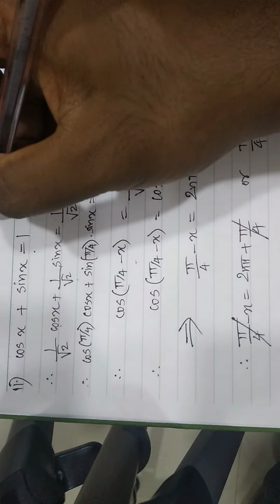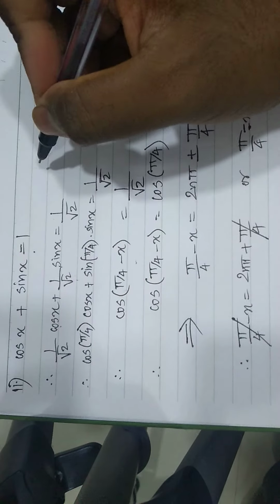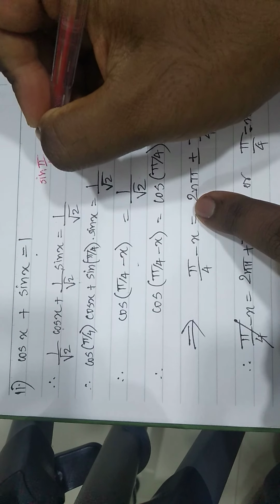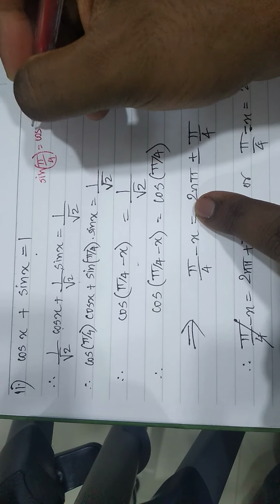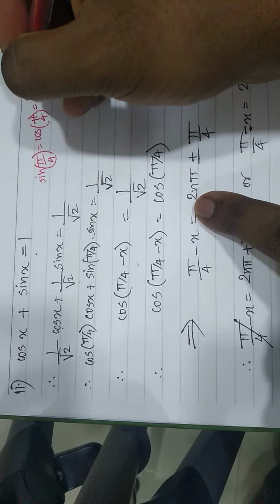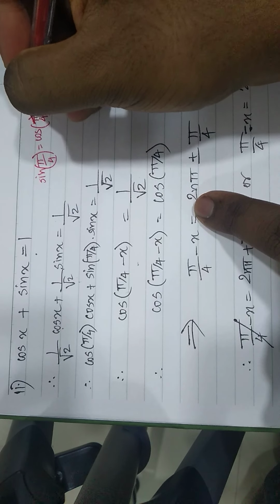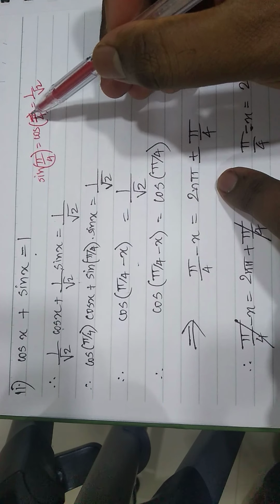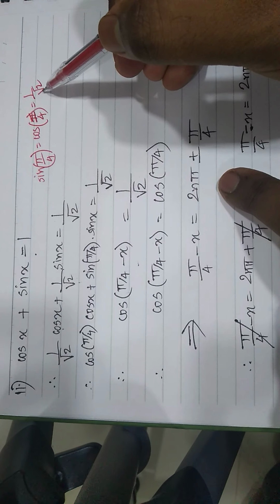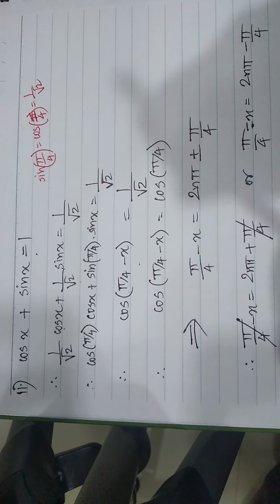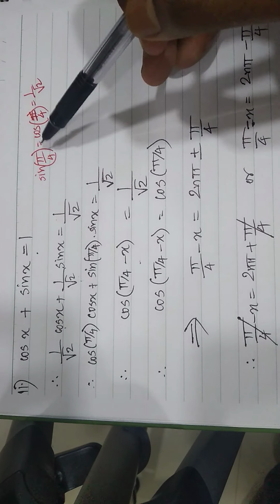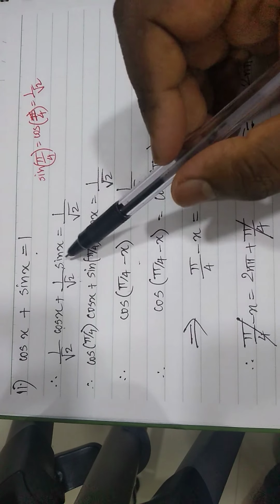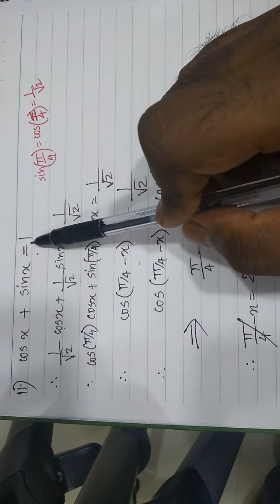What am I saying here? I'll just write somewhere here. Sine pi by 4 is equal to cos pi by 4, which is equal to 1 upon root 2. Okay, so sine pi by 4 is equal to cos pi by 4, which is 1 upon root 2. Okay, so that is why I have multiplied throughout by 1 upon root 2. Okay, simply to bring in the compound angle aspect here, because this equation is not that easy to solve.